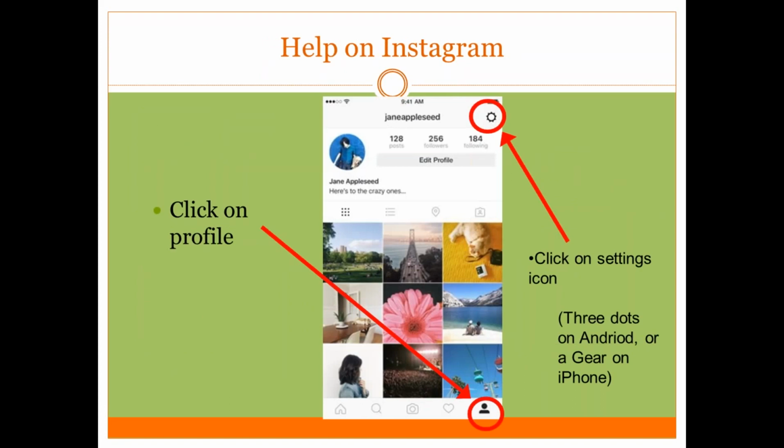I did want to take a quick look at that profile. So I have clicked on the little person, and I wanted to show you that there is a settings icon in the top right corner. On the iPhone, it is a gear. I believe on Android, it's three little dots, which is pretty typical, so keep that in mind for your device. iPhones usually use a gear for settings, and Android usually uses dots. If you want to click on that settings icon,